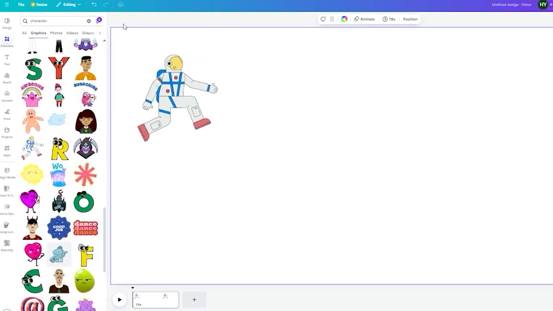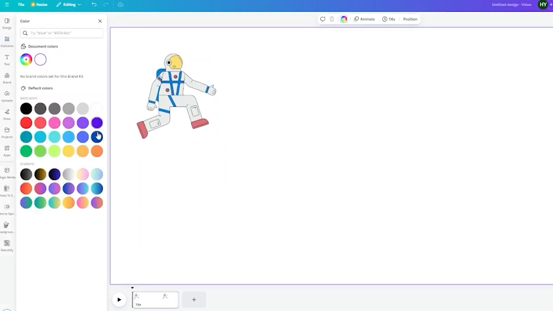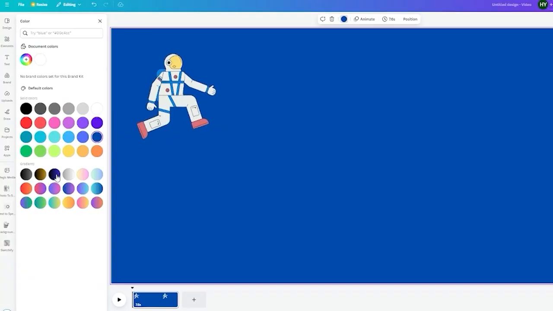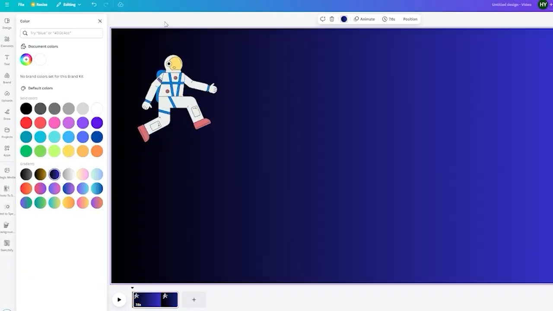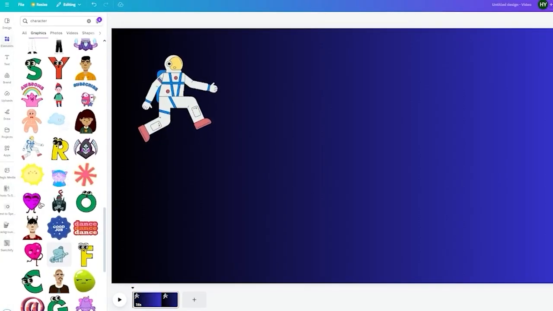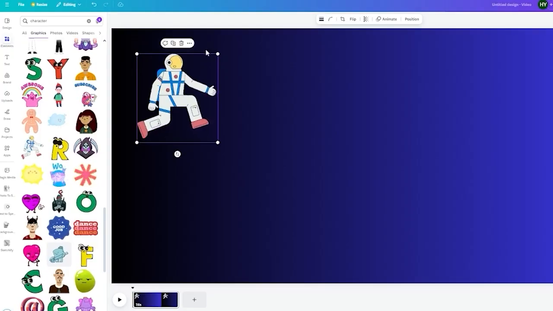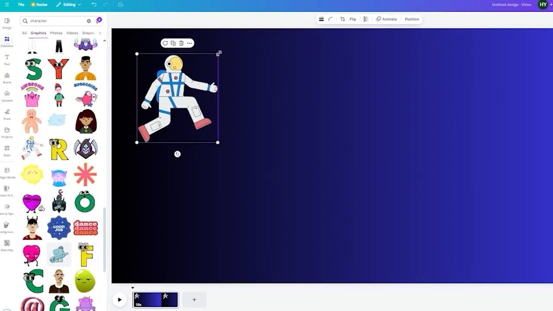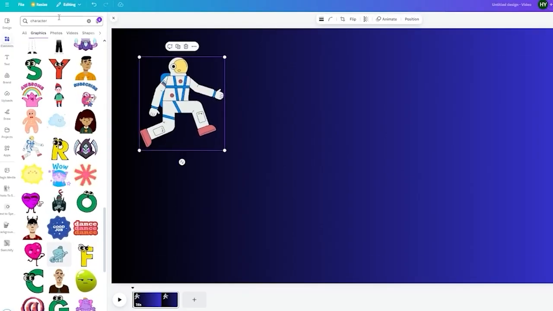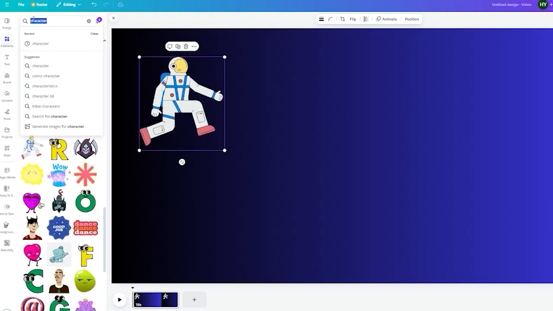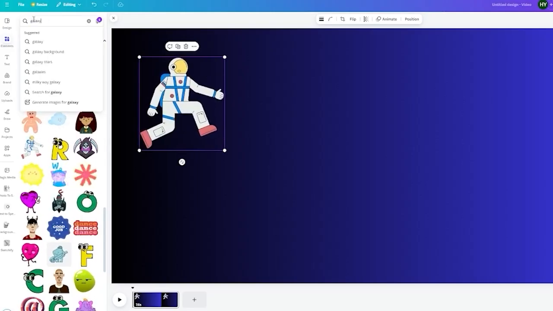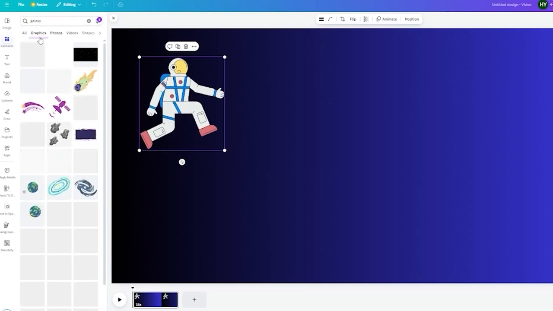So for space, we're gonna choose a background color for ourselves. Let's go ahead with a darker blue. Now that looks pretty cool. That looks pretty nice, and we're going to be adding the necessary correct templates. So once this is done, what you're going to do from here on out is add some text over it. But obviously for a space looking thing, we're going to go ahead and write something like galaxy in this section